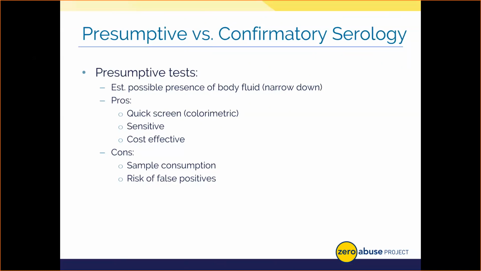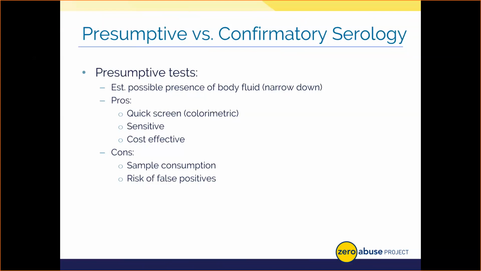Let's talk about then other challenges with presumptive tests. Other concerns are that presumptive tests do require consumption of some of the sample, so you need a sufficient amount to test and plenty left behind in case you need to run DNA on the item. You also can't run DNA on an item that's been tested with these chemicals. It does in essence consume the sample because the chemical reaction from the test renders the small sample processed unusable for other tests, including DNA. Thus, your discretion as an analyst again comes into play with serological testing. Do you test for a body fluid if it means less sample for a confirmatory test or even DNA testing?